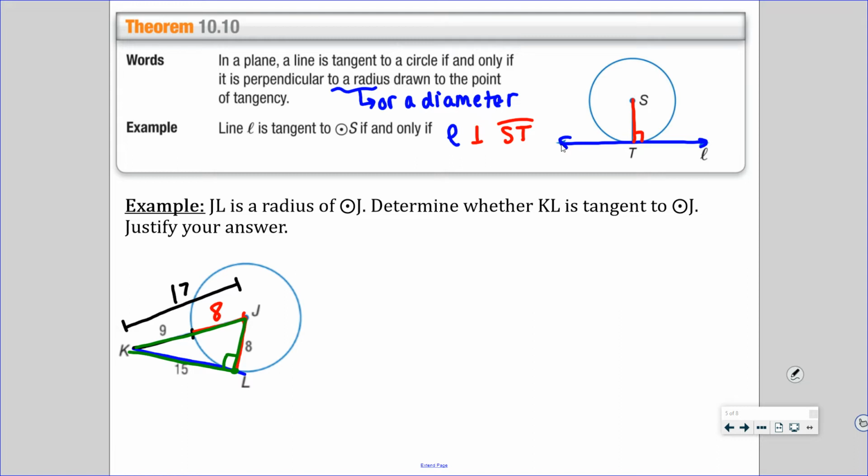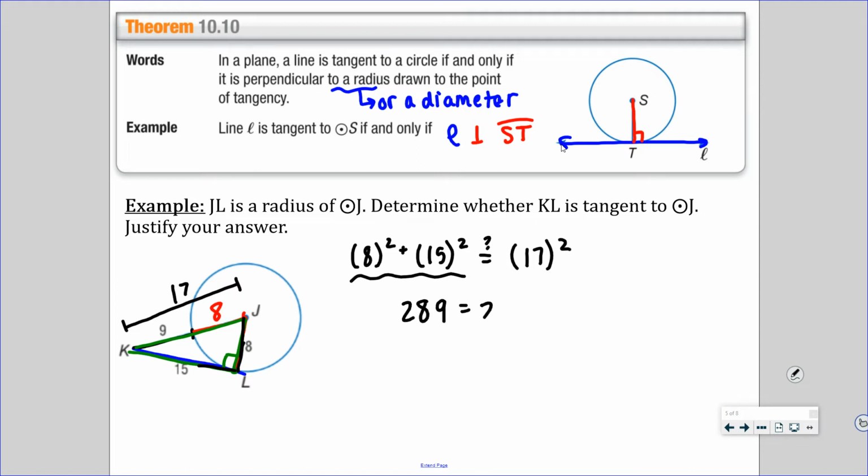So we're not really proving it's a triangle, we're just proving this is a right angle. Okay? But it forms a triangle. So we can do the 2 legs squared. So 8 squared plus 15 squared. Does that equal 17 squared? Evaluate this number. I got 289. 17 squared is 289. Since Pythag holds,